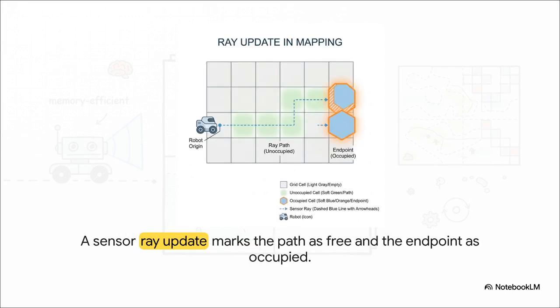So how does the robot actually feed information into this system? Well, it uses sensors, like a LiDAR for instance, that shoot out beams of light. The path that beam takes through the open air gets marked as unoccupied, and then the exact spot where the beam finally hits something gets marked as occupied. This whole process is called ray update,